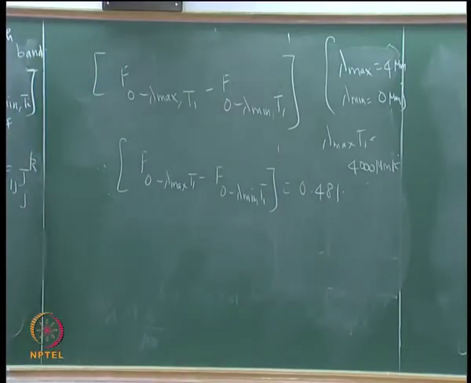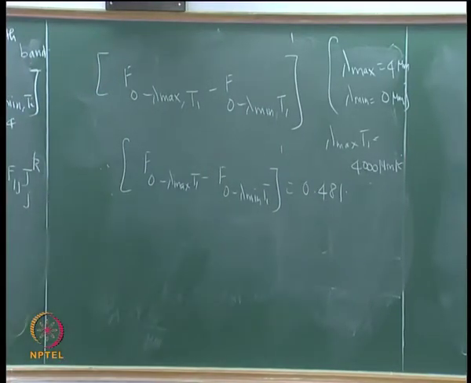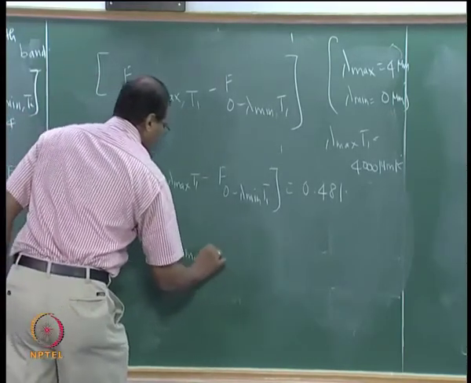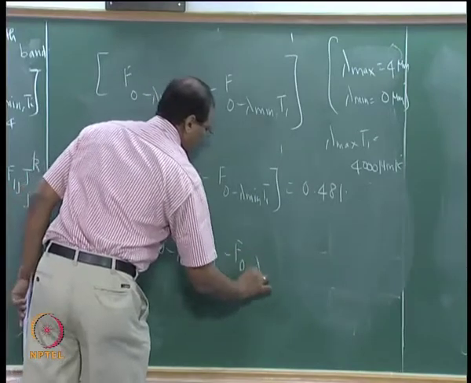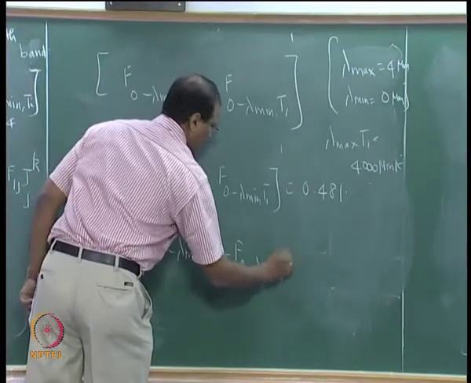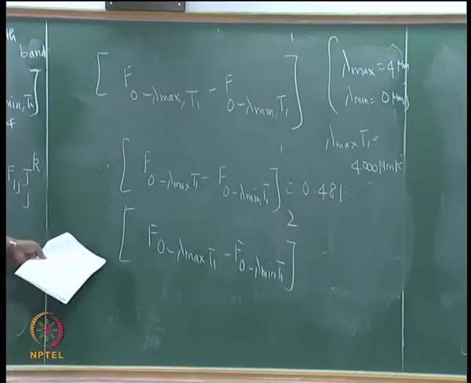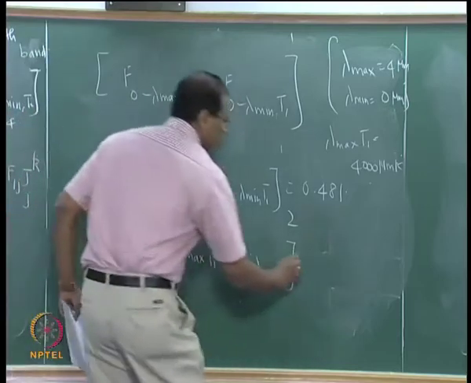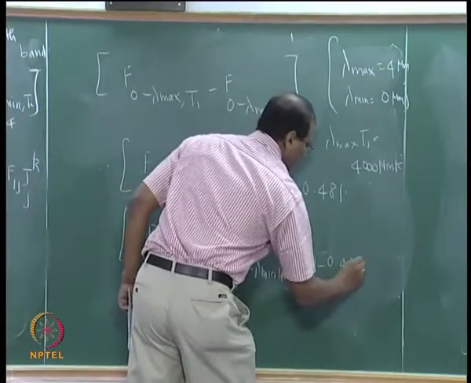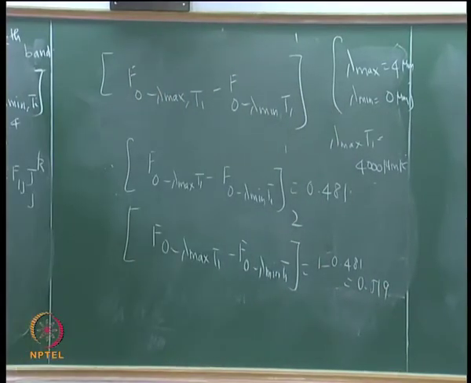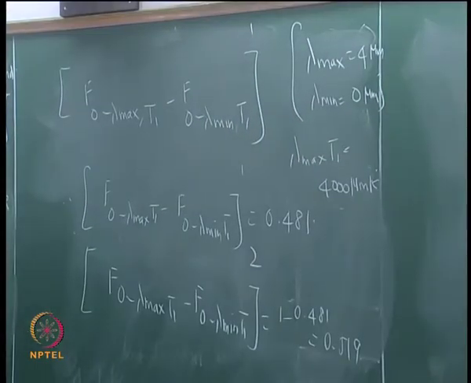Fine, first surface band 1, you got the f, correct, 0.48, then there is no need to calculate this, it is automatically 1 minus, correct, 1 minus 0.481. I hope everybody is following this.